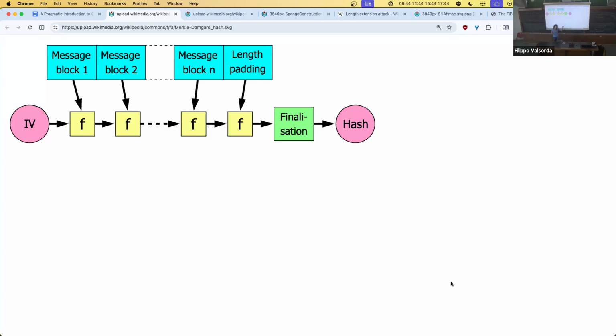So how do you parse the scheme that I just described? Well, we said it's the message, the length as 2 bytes or something like that, then a 1, then 0, 0, 0, 0, 0. So if you want to parse it, you go from the back. You remove all the zeros until you find a 1. You remove the 1. You take the next 2 bytes or whatever. That's your length. And then the rest is the message. So if you can parse, then it's domain separated. And there are not 2 inputs that map to the same output if you can go back by parsing.